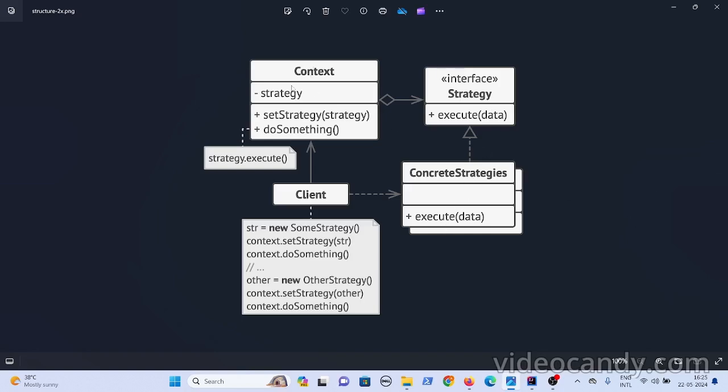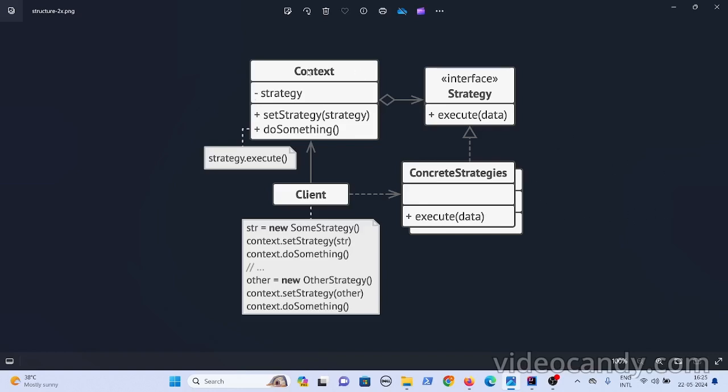So let's say you have this payment processor as a context, and it has the behavior of processing the payment. But processing the payment can be done in different ways: using the credit card, using the debit card, using the API. In the concrete strategies you can put the logic. For credit card you can put your logic, for debit card you can put your logic.